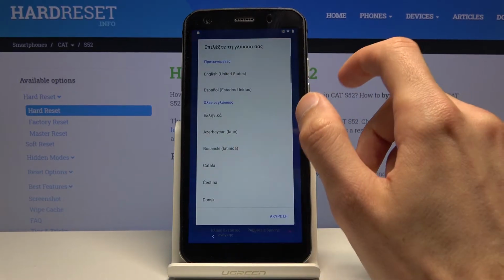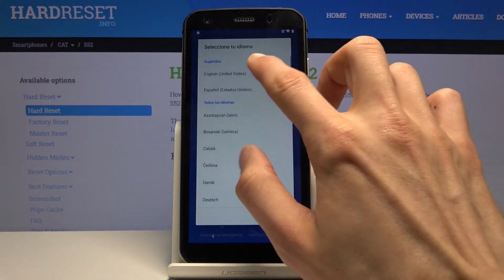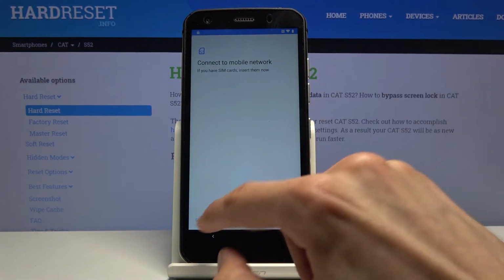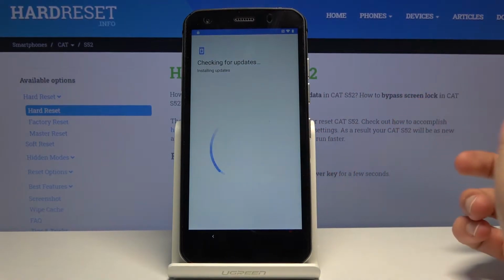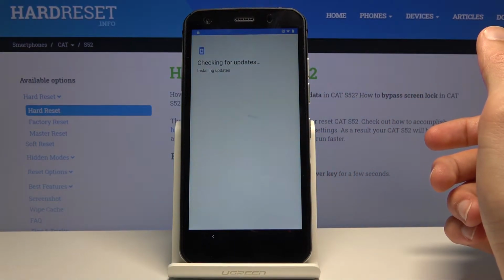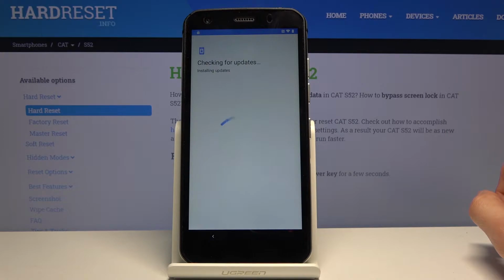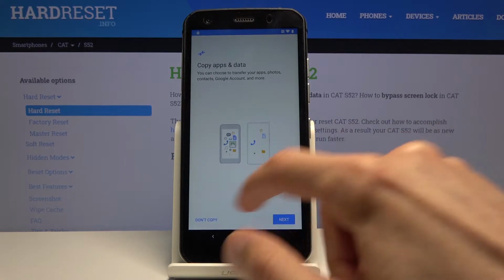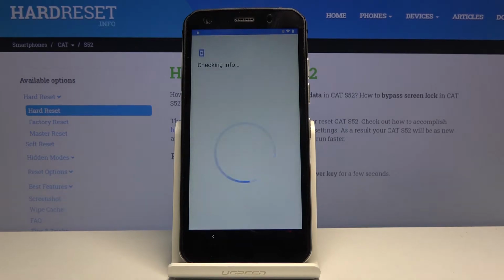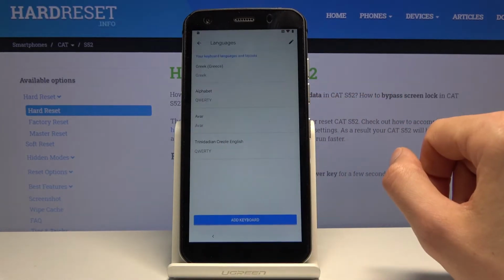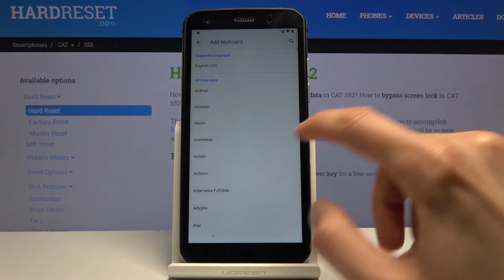So go back to the first page, and now change the language back to English or whatever your default language was that you want to use. And let's press start, and again go back to where we just were. Again, tap on the field, hold the globe, go to language settings, add a keyboard, and now find one with